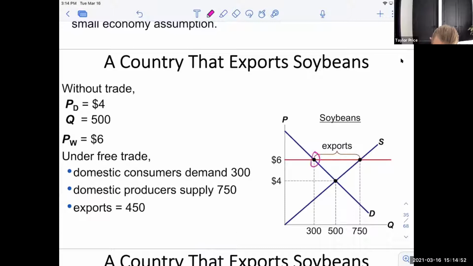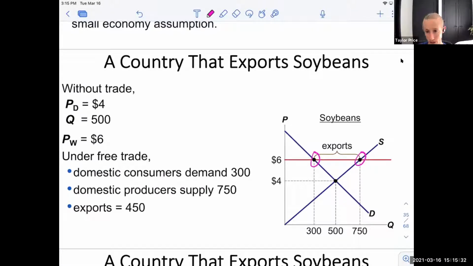their demand and supply are not in alignment. Previously, when we were talking about price ceilings and price floors, if there was a difference between supply and demand, we would call this a surplus. But because we're talking about international trade now, there is actually going to be an export of that surplus. Basically, because the domestic price in this market is below the worldwide price, this country is going to export